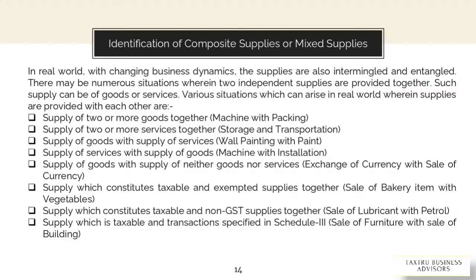Once we identify whether it is a composite supply or mixed supply, because as I said, in section 8 there is a different mechanism for taxing both of them. Now, if you see supply of two or more goods together, like machine with packing, or storage and transportation, wall painting with paint, machine with installation, or exchange of currency with sale of currency, sale of bakery item with vegetables, sale of lubricant with petrol, sale of furniture with the sale of building. All these examples